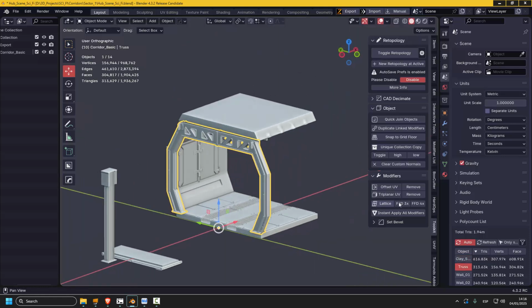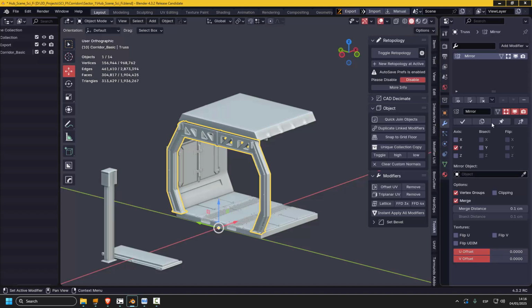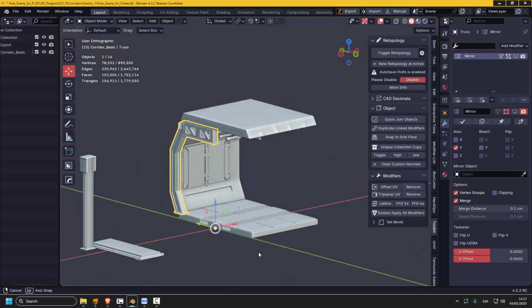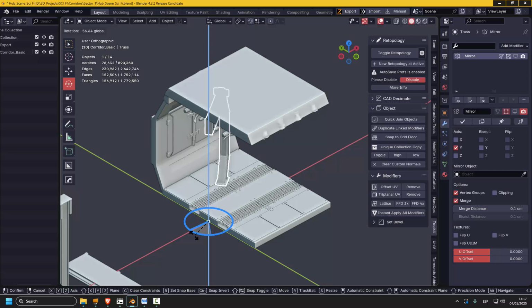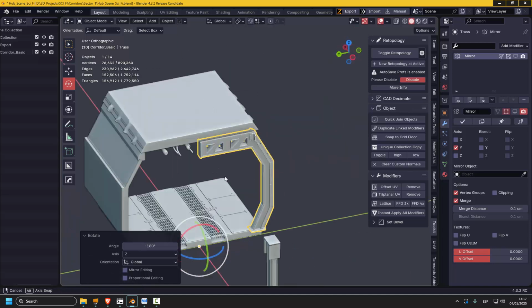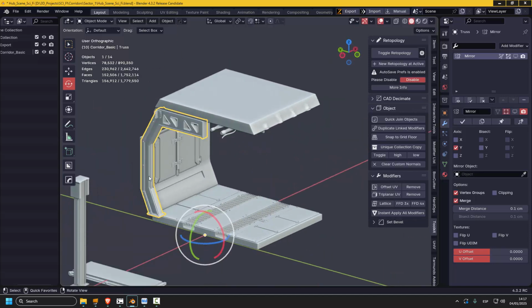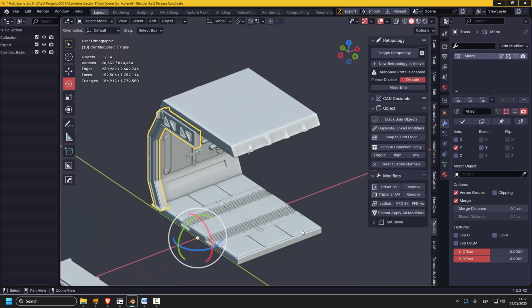So for instance, this piece here has a mirror on it. So I only brought this in on its own without a mirror. They could have brought it in from Modular with the mirror already on it, and with the instance mirror, but with the positive transforms thing turned off. So we turn this off. That's the way it's going to work in Unreal. So if I rotate this around and turn snap on, that's exactly how it's going to work in Unreal. This piece will be dragged in from the content browser,